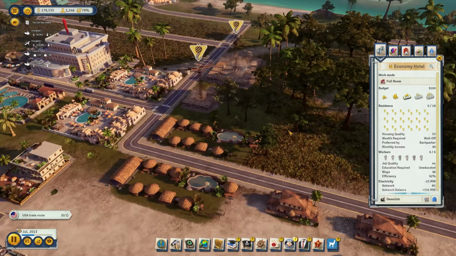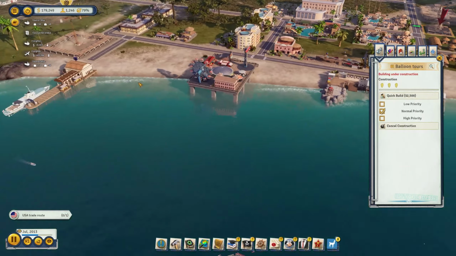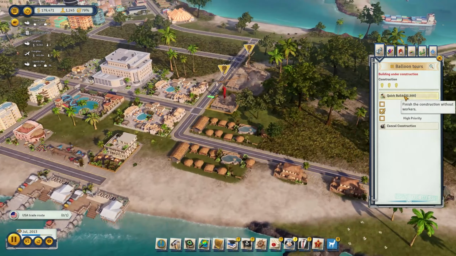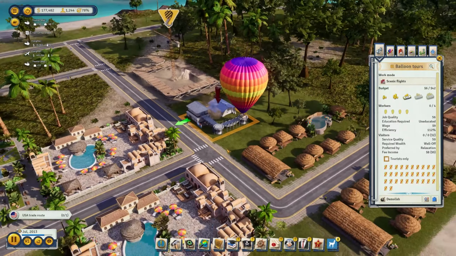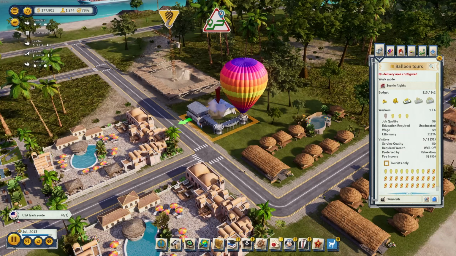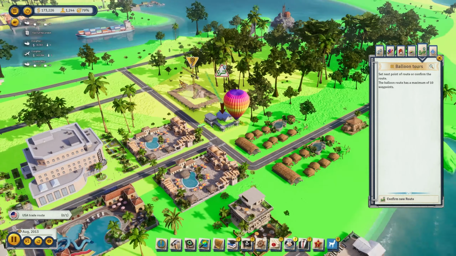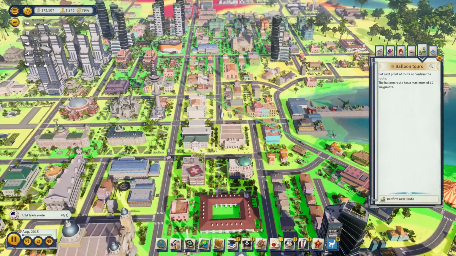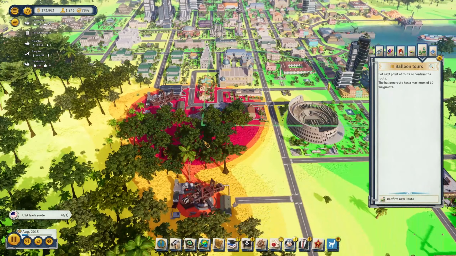This one with the next ship, hopefully it's being filled then. Oh, and there is the next tourist ship coming in. With the balloon tours, we can finish as well. There we have it. Oh, wait a second. No delivery area configured. We do need to deliver. Set the route. And let's say where they need to go. And I guess they can just go over the town, right? And then...